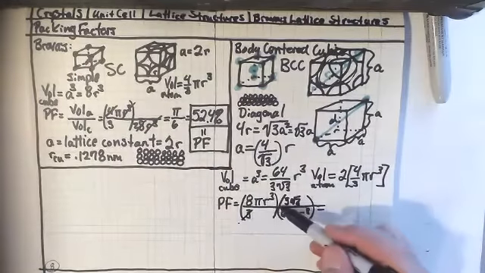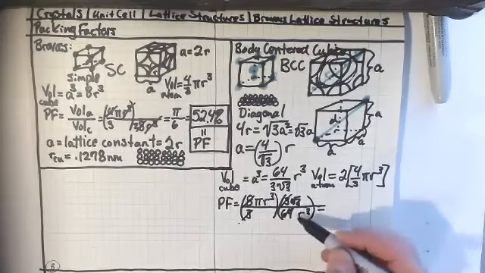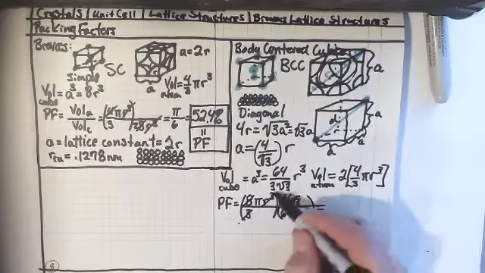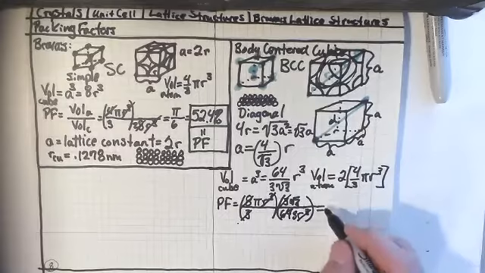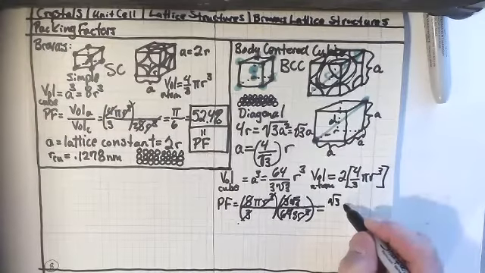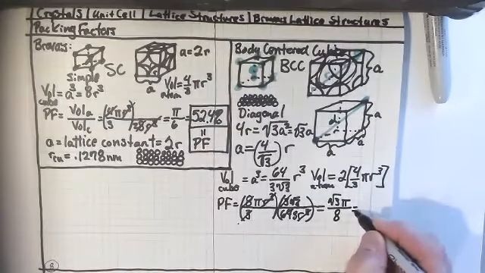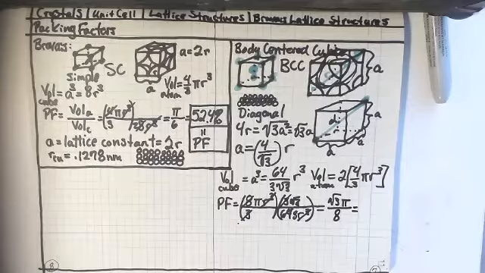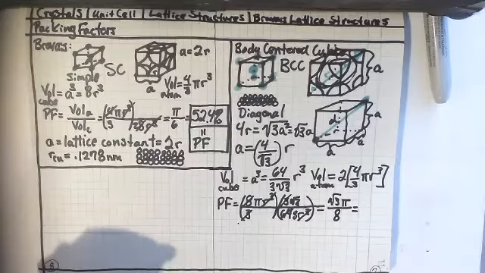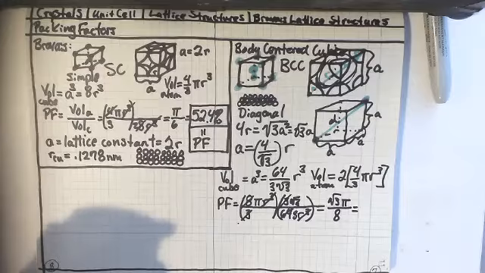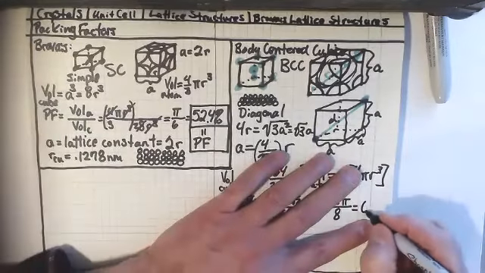So the 3 cancels out with the 3. The 8 cancels out with the 64, leaving 8. The r cubed cancels out with the r cubed. So I've got the square root of 3 times pi divided by 8. Right? Let me just grab my calculator for a second. Okay, so I've got the square root of 3 times pi divided by 8 equals 0.68, or 68%